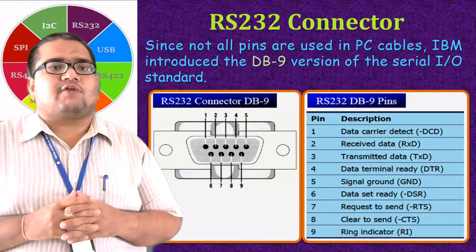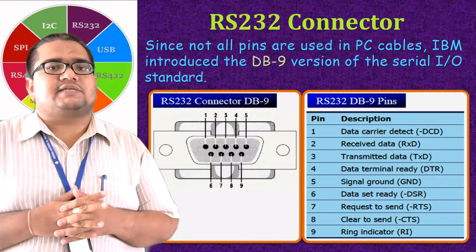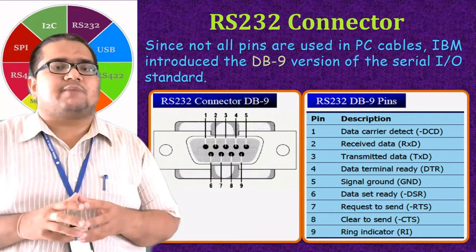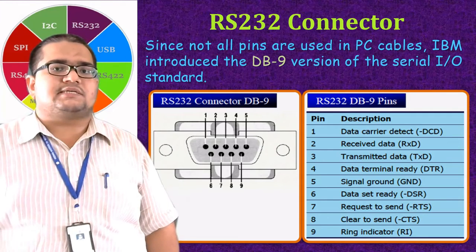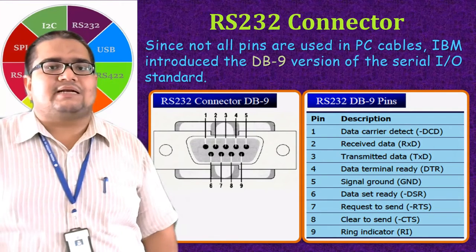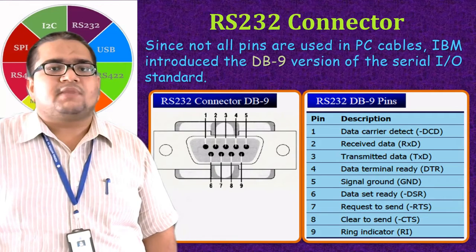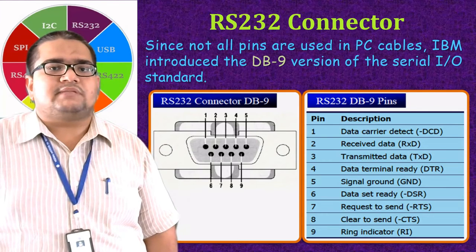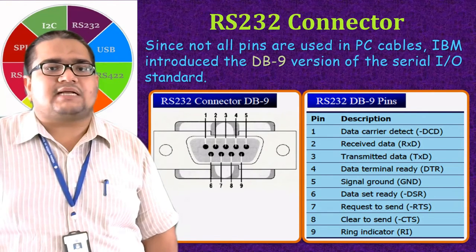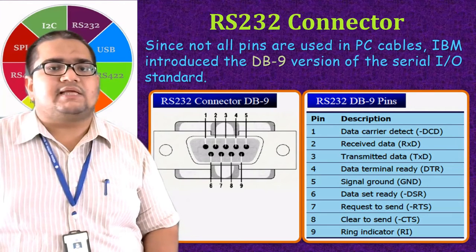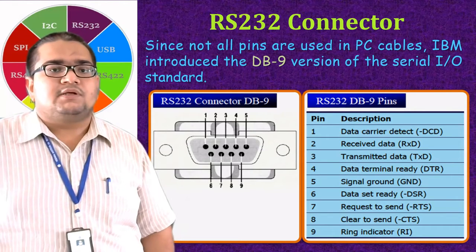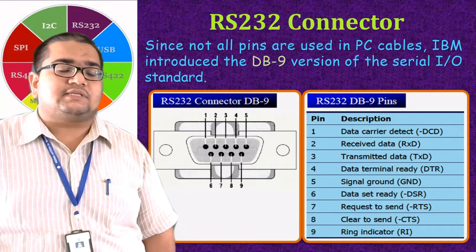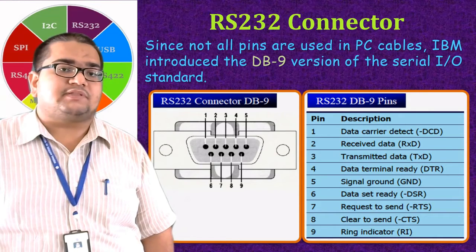There, obviously, we will not be taking care of the handshaking signals. But if you require proper handshaking, and all things should be properly regulated between the two devices for the communication, then we'll be using all these handshaking signals. As you can see, data carrier detect is pin number 1 here. Next to that, pin number 4 is DTR, data terminal ready. Then pin number 6 is data set ready. Then we have request to send, clear to send, and ring indicator. So these pins one by one we'll be checking out in detail, what exactly they are, what these handshaking signals are, and how to work with them.